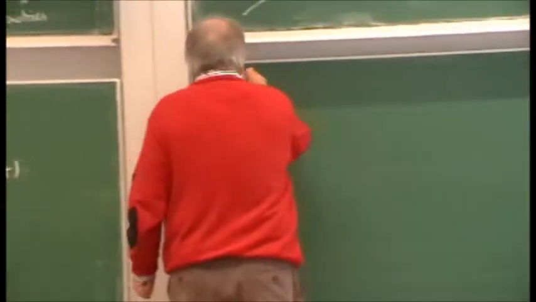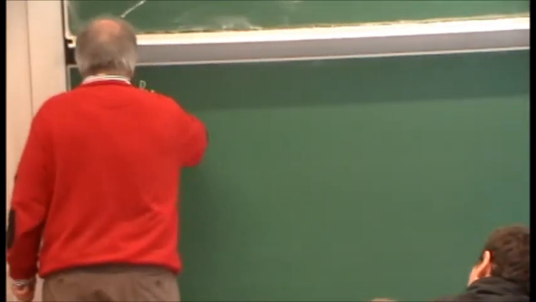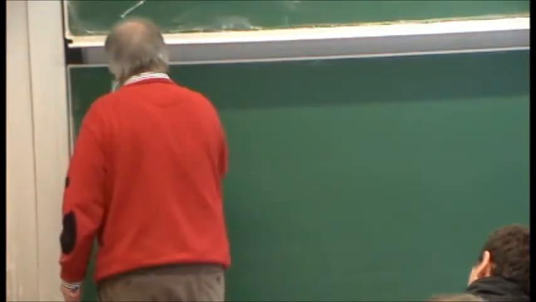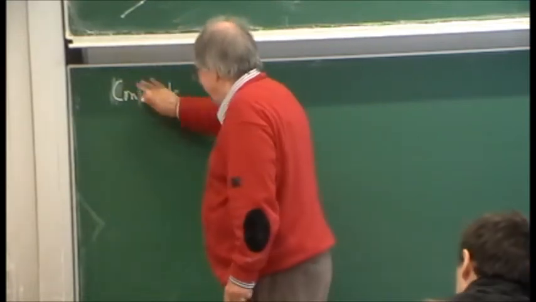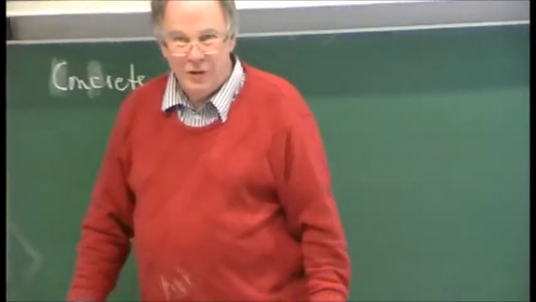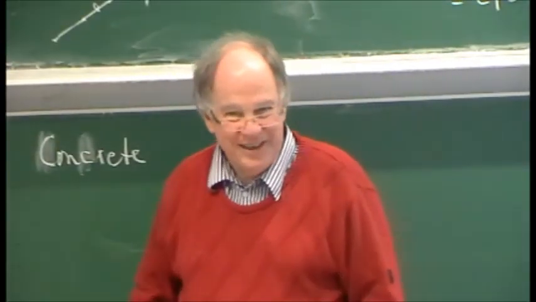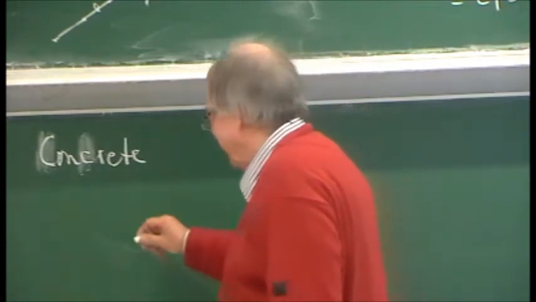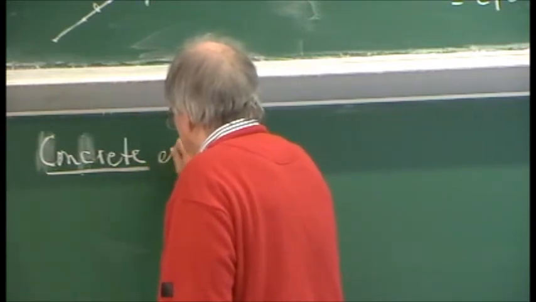So let's take a concrete example. I have no idea how to write concrete in English. In German, I think it's, in English it's 2 C's. In German it's 2 K's, right? Anybody know English? There's 2 C's in English, right? So, concrete example